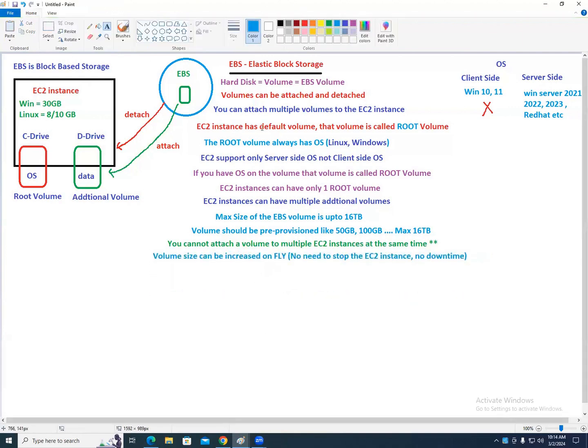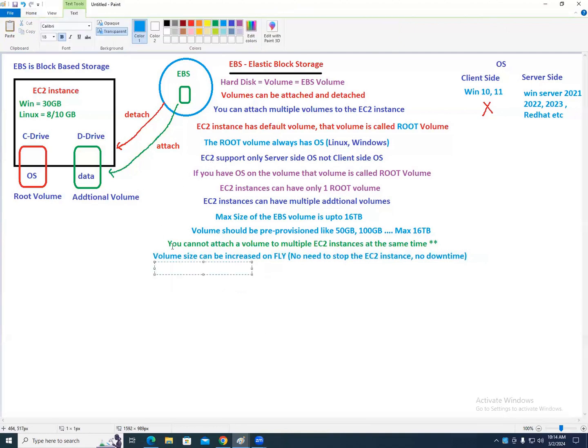Okay, there is another question. See, you are creating an additional volume. You want to create 50 GB. When you are creating 50 GB, you put one more zero by mistake and then click on create. 500 GB got created. What will you do?